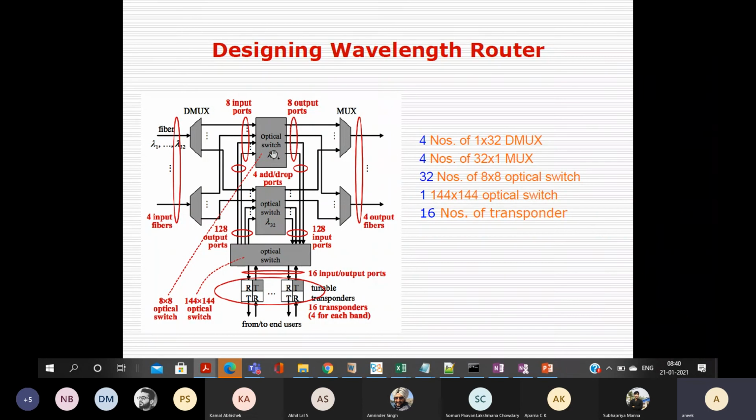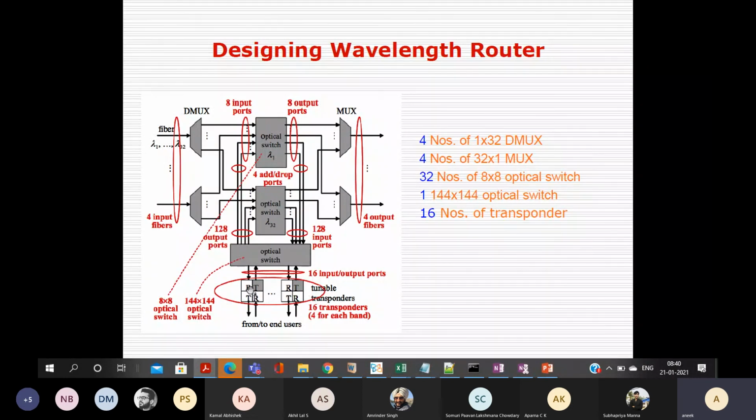because for each switch you have 4 ports which should come from this optical switch, since it has a total of 128 ports. So 4 ports are for this lambda 1, but we may require only 1 lambda 1. Because you have only 16 transceivers, it is very small in number.